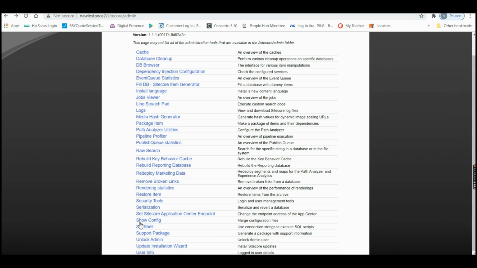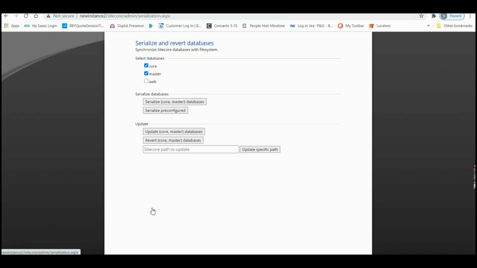And I want to say, okay, serialization. If you serialize, it's an alternative to getting a package. If you want to package something, you will normally use installation deploy. Likewise, you can serialize and deserialize.